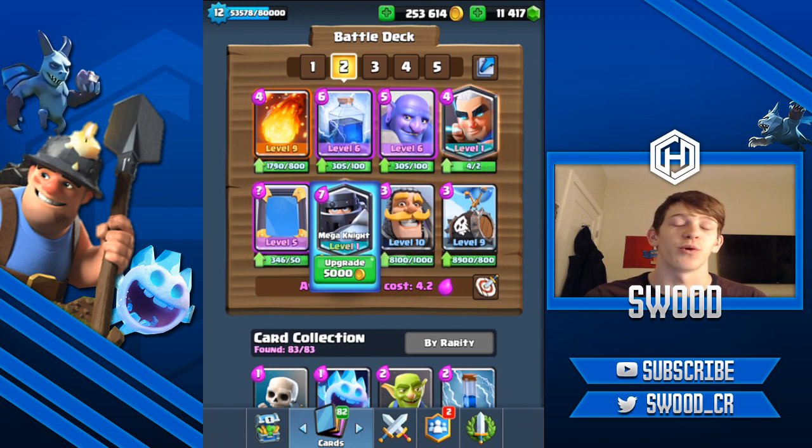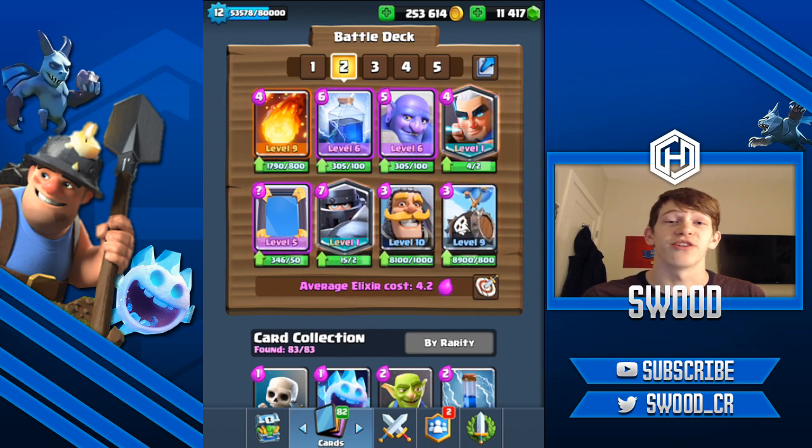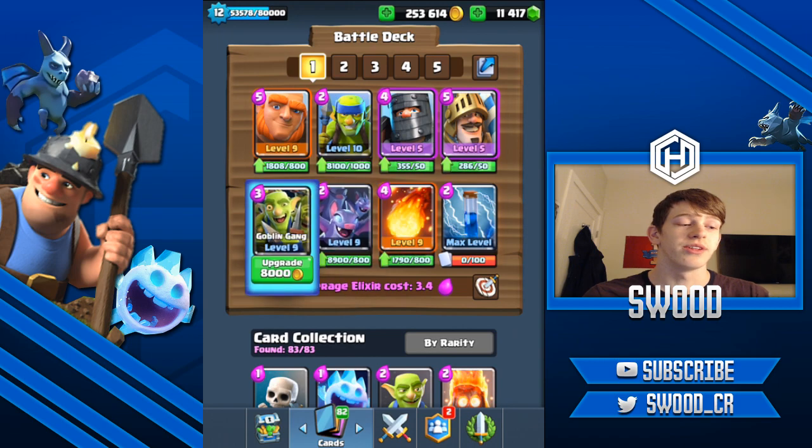for damage or you have the Inferno Dragon for damage, but either way you have another card that does splash, either Ewiz or Mega Knight. So you see how that's sort of the 1-2 combo. So that's why Mega Knight's not really used right now. Also the fact that it got nerfed and Skeleton Barrel got nerfed, but with these cards over here still